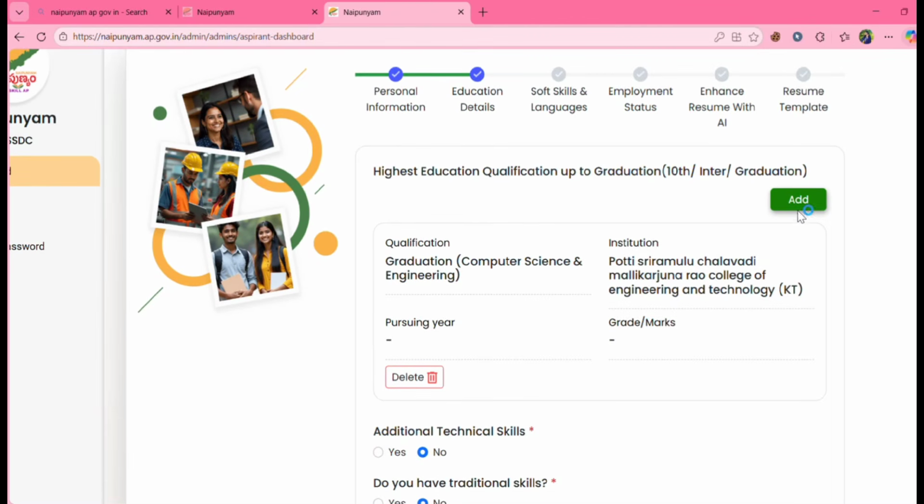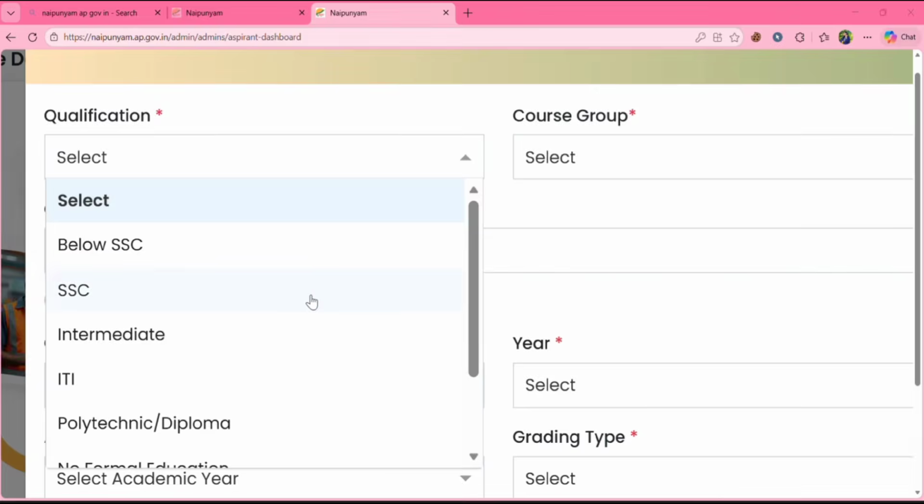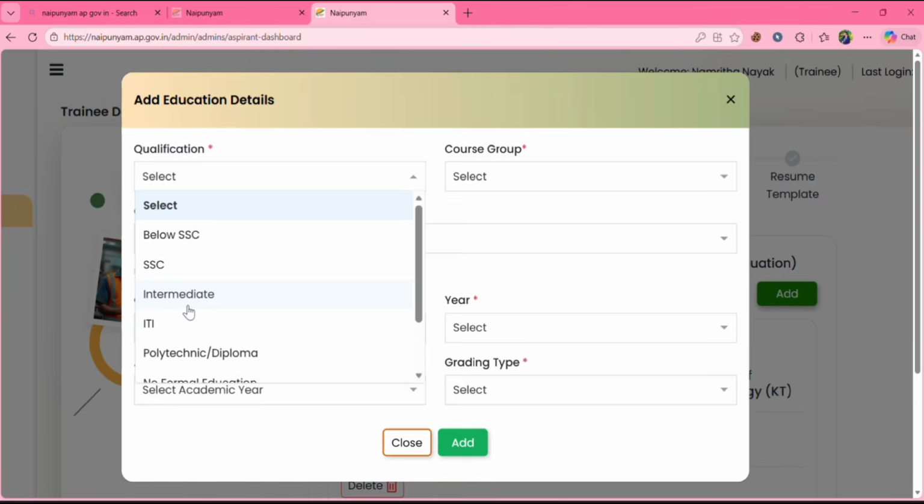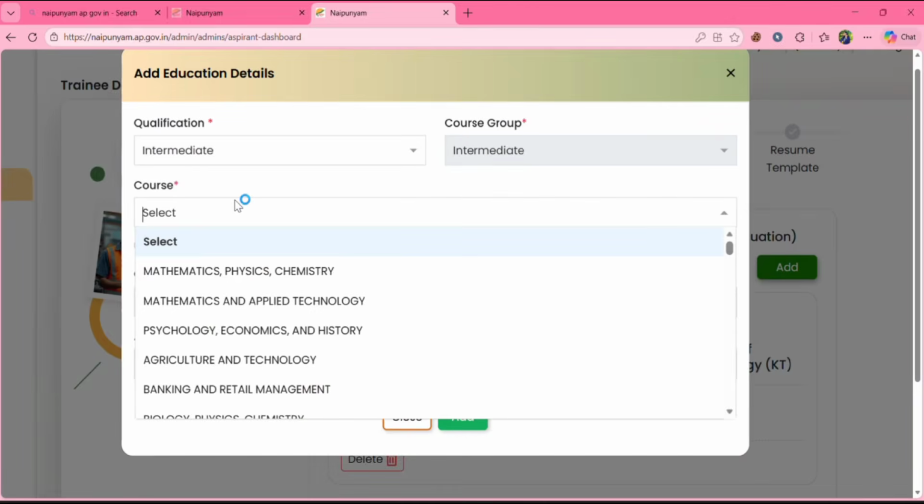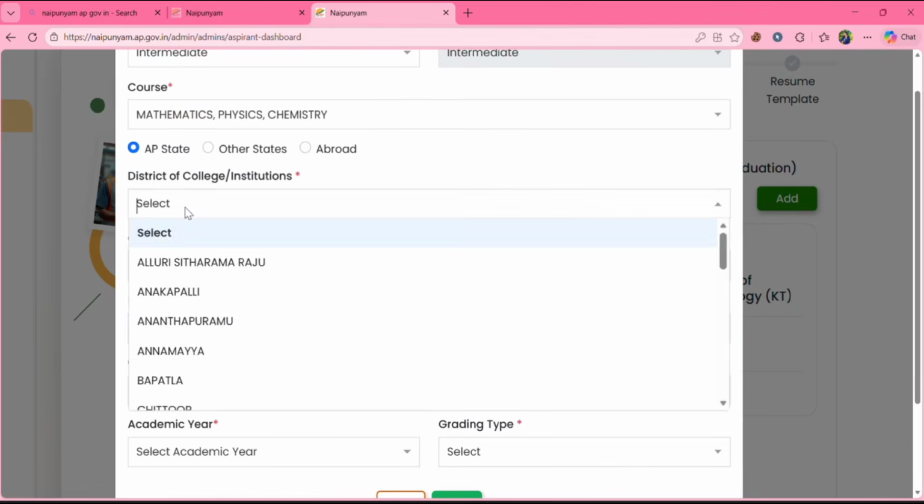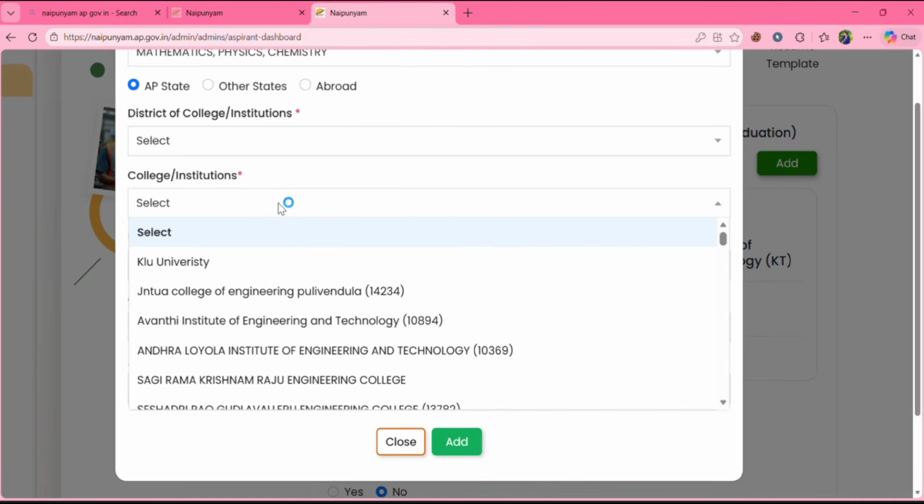Then here you can add your educational details. Also click on Add. I have already added BTech. So you can add your qualification, like I have already added BTech. Now I'll add intermediate. Then the course, like in AP state or other states or abroad. If you did it in AP state, you can click AP state. Then district of college, then your college name, university, then qualification status